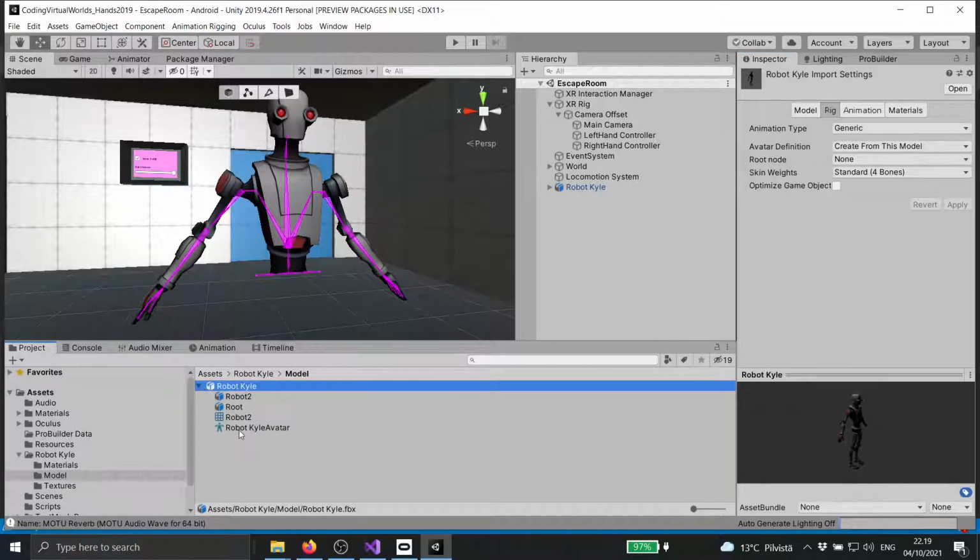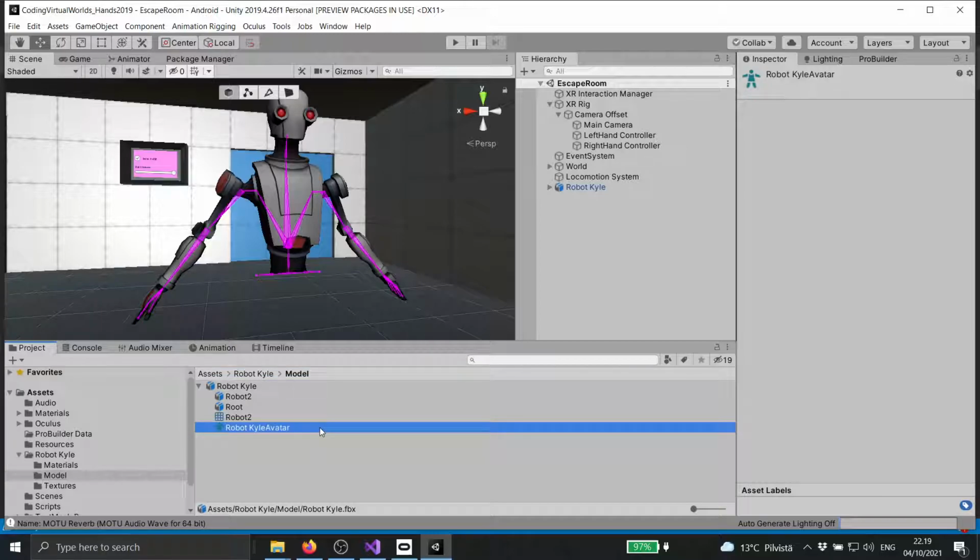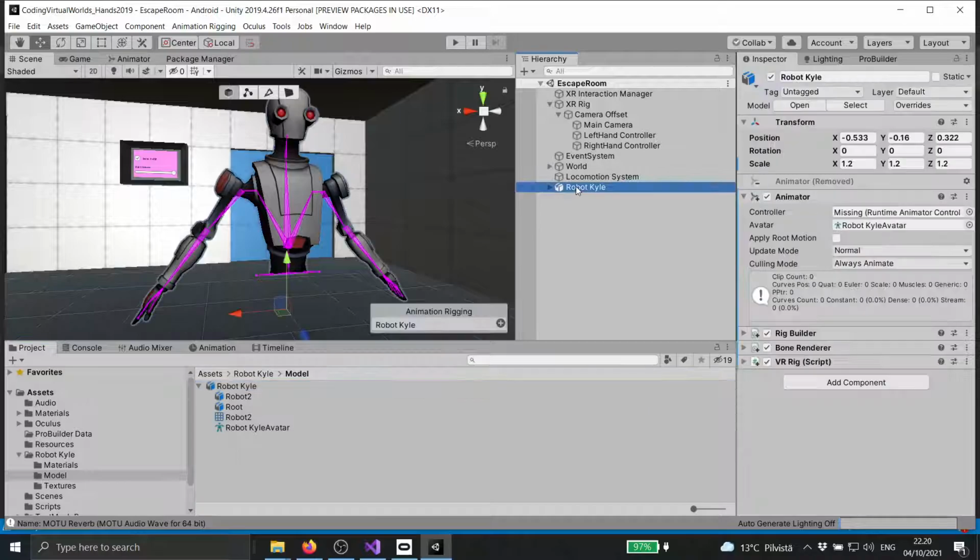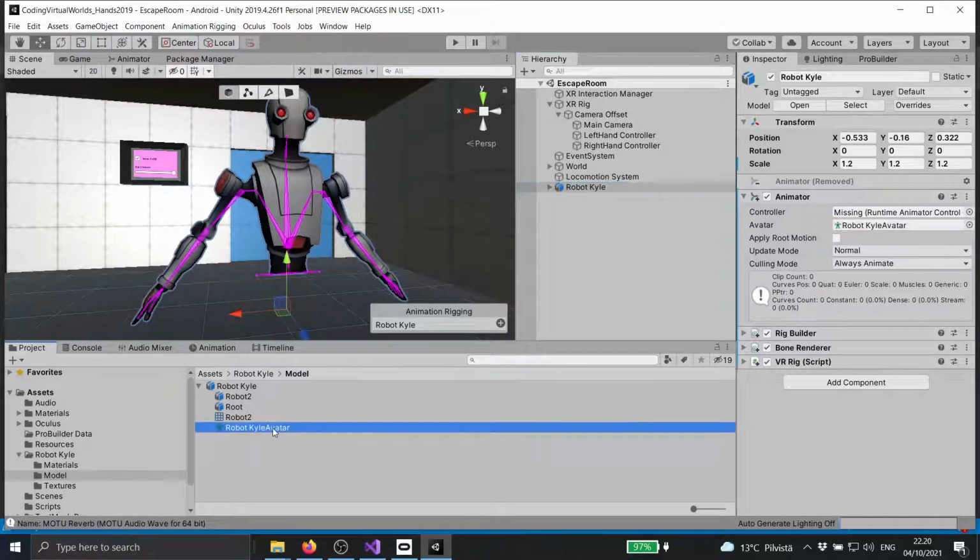And by this you will then get this animation rig for the robot. So then next we will need to create the animation. So here in the animator of robot Kyle, we have already set as the avatar the robot Kyle, and then